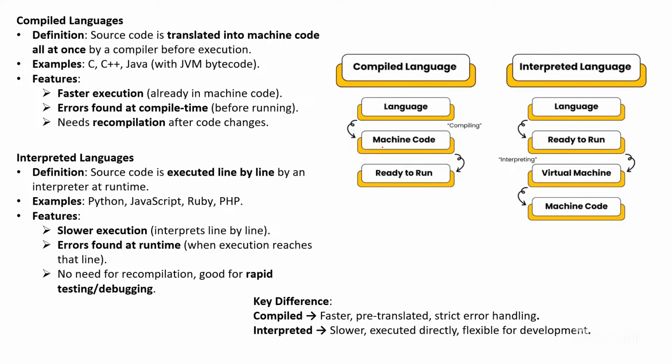And we have a direct compiler, it will go and compile. Whereas here, there is something called the interpreter, and a virtual machine will be there. That virtual machine will convert your code into machine code line by line, interpret it, execute it, and then run. Any doubt in the difference between compiled language and interpreted language? Are we good? Yes, Sagar.